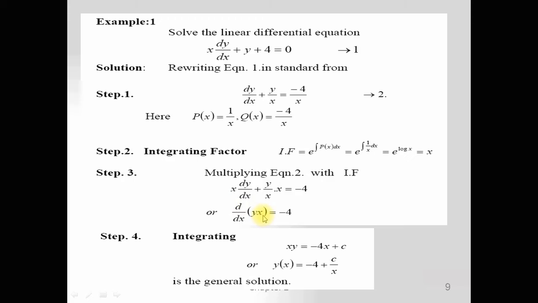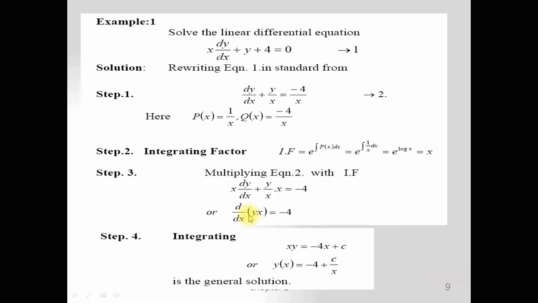So if x is the first function and y is the second, then by using the product rule we obtain first times derivative of second plus second, the y function, times derivative of first, the first function is x, so the derivative of x with respect to x will be 1. And dear students, you see here that this is equal to 1. x and x cancel, we get y dot 1. And minus 4 as it is.